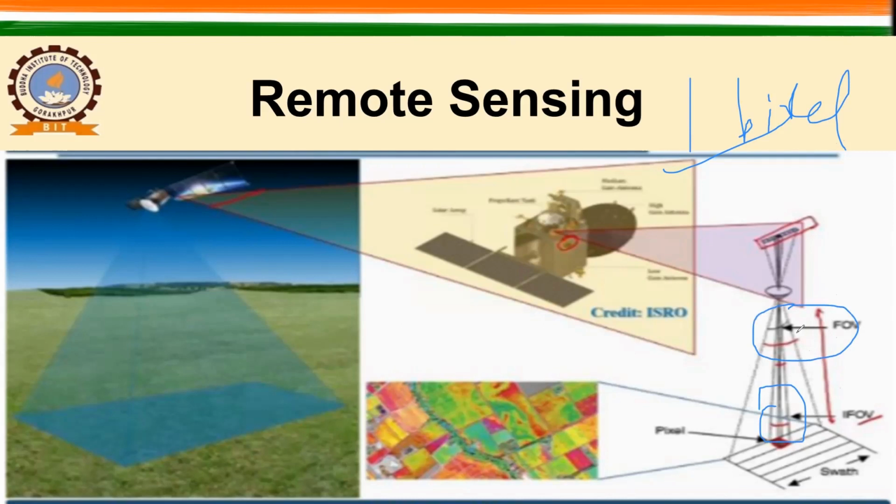So here you can see, based on the height or the altitude of the sensor and the field of view, or in this case IFOV, can be used to calculate the size of the pixel on the ground. ये क्या define करेगा? What is the size of the pixel on the ground? ठीक है, IFOV and FOV, and if we know the height, then we can easily define what is the size of the pixel on the ground.